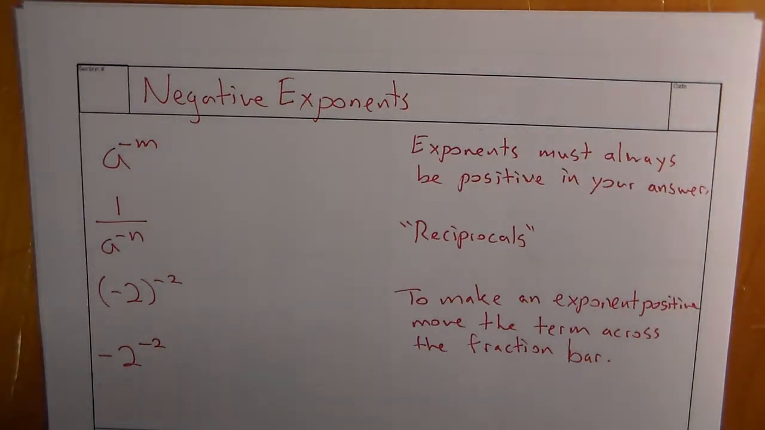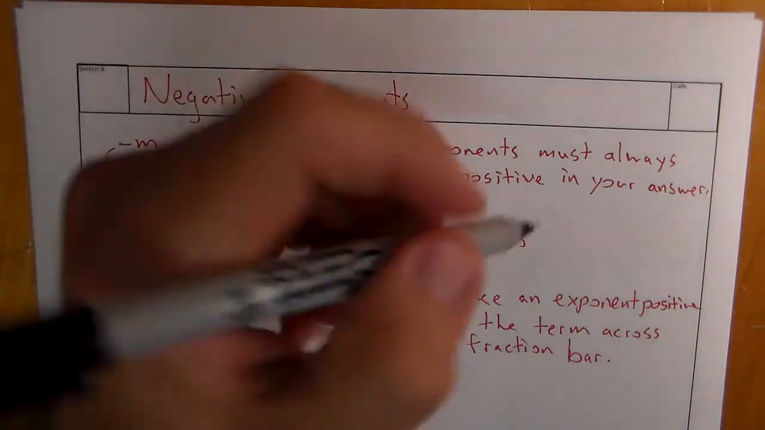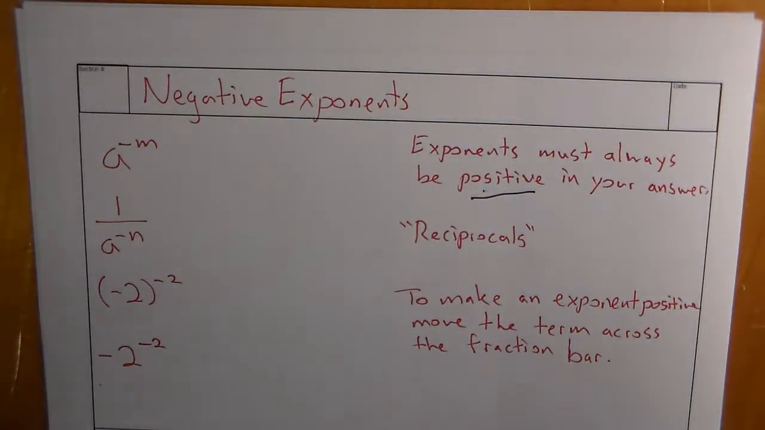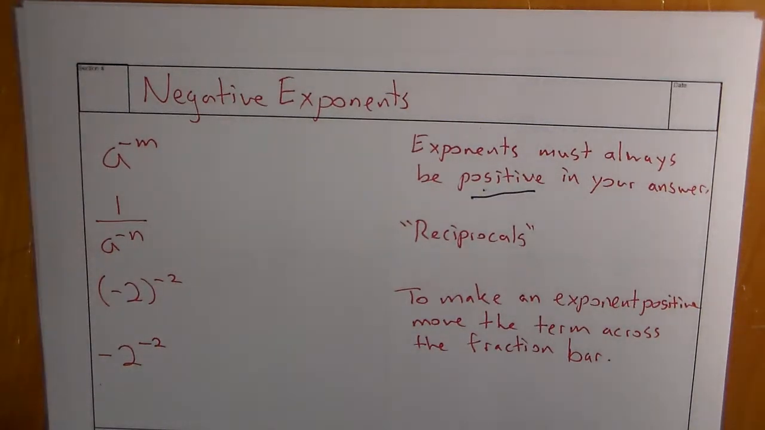Negative exponents will be a continuation of using the quotient rule with exponents and simplifying. One thing we have to go in with whenever we talk about negative exponents is the exponents must always be positive in our answer. So although we may be given negative exponents to start with, our goal is to make them positive values. So if I look at a to the negative m, the way I make that positive is